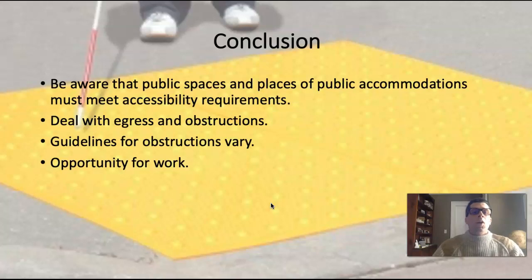Okay? Primarily, they're dealing with egress in and out of the building, obstructions as you're maneuvering throughout the building. And those guidelines are going to vary depending on